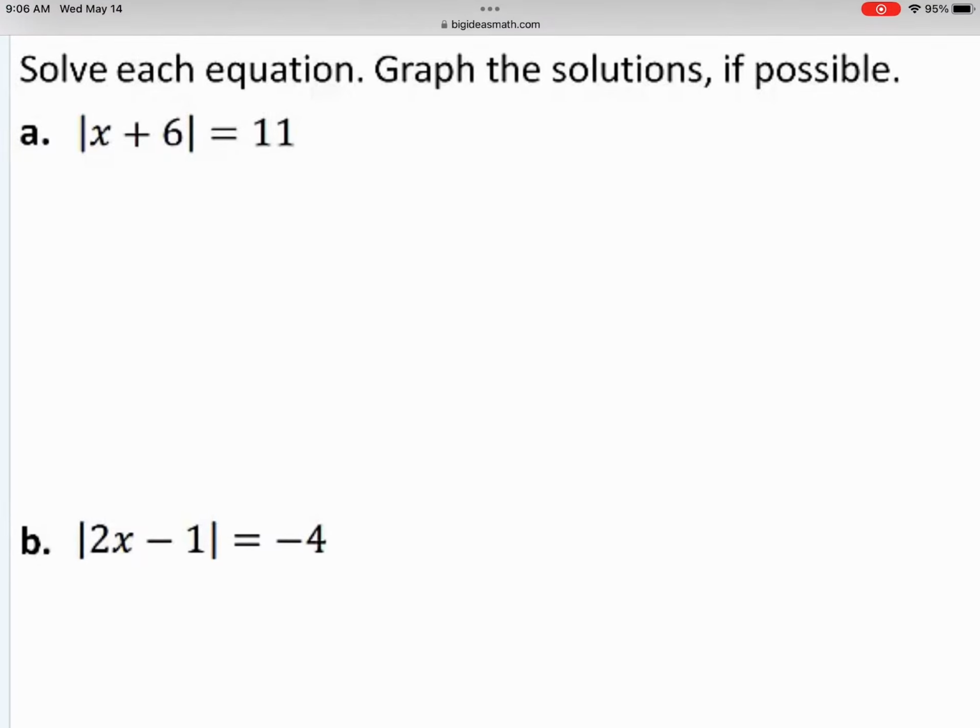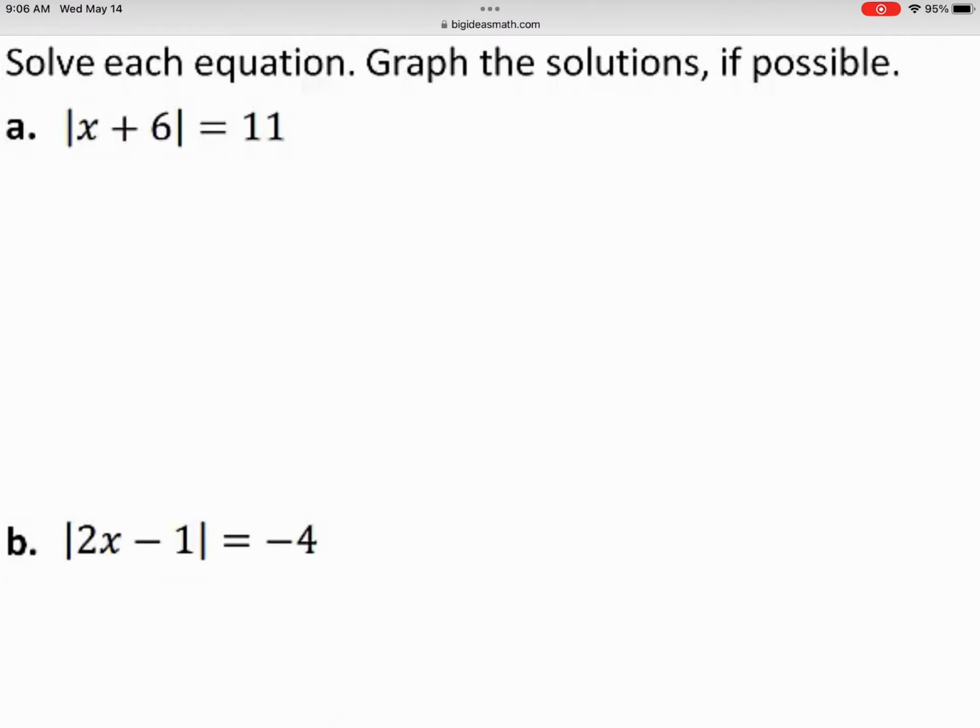Solve each equation. Graph the solutions if possible. Part A. The absolute value of the quantity x plus 6 equals 11. The related linear equations for this absolute value equation are x plus 6 equals 11 or x plus 6 equals